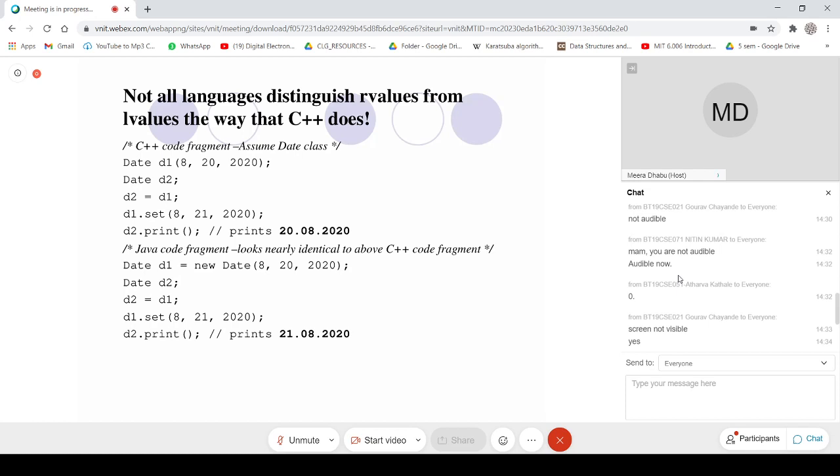These references are introduced in C++ and Java. This term reference was not there in C. In C, all of you might have discussed only pointers, normal pointers.